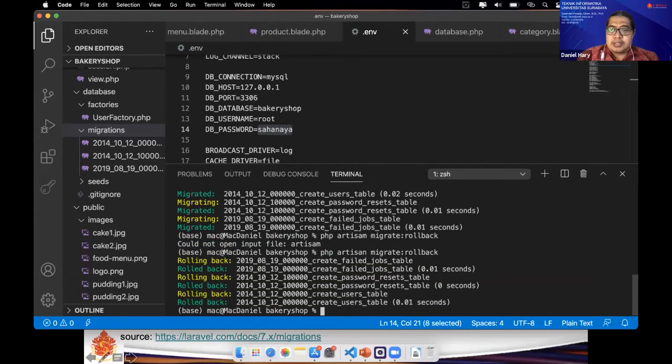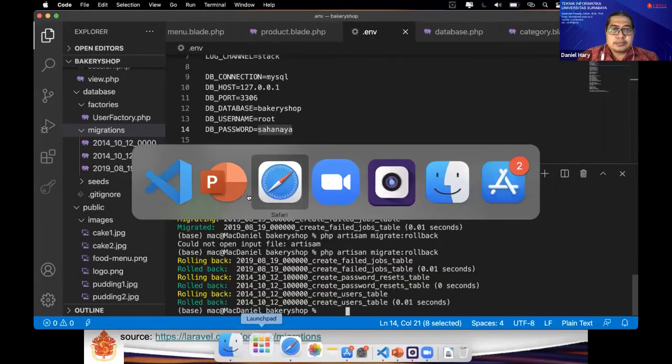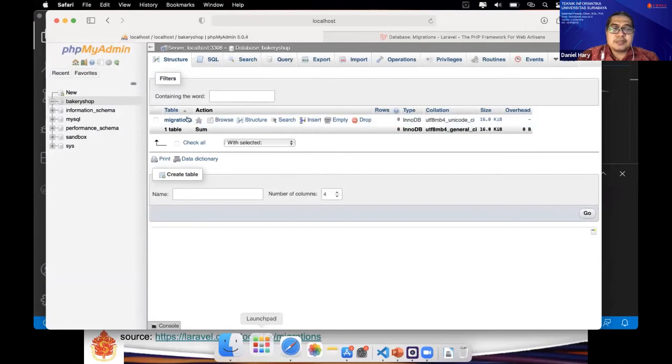I roll back my migration. Rolling back, rolling back, rolling back. And when we see the database, some tables are gone, just leave one table, migrations, this one.